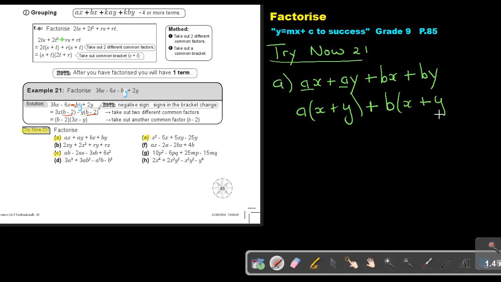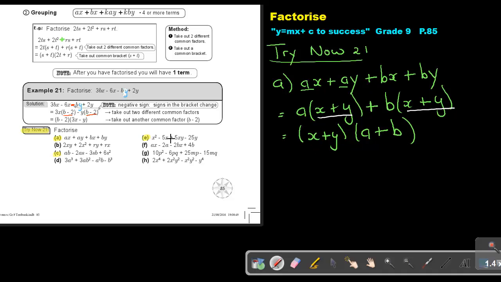If I divide y. And now look, can you see there are 2 terms. The brackets are the same. So if I take it out, then it's x plus y. If I divide, a is left, and if I divide, b is left. And that's my final answer. My final answer only has 1 term. So 4 terms, now I only have 1 term.